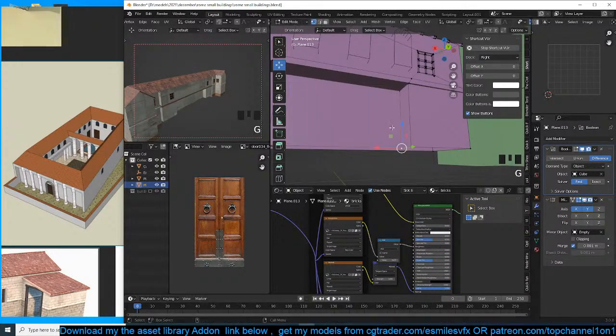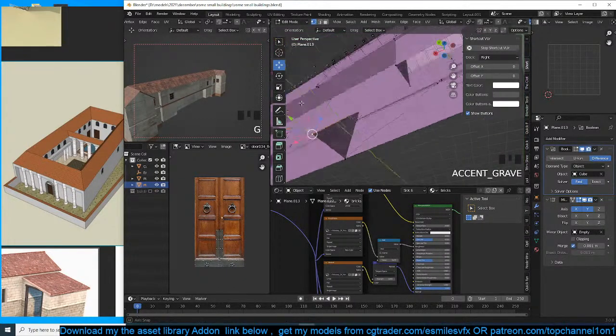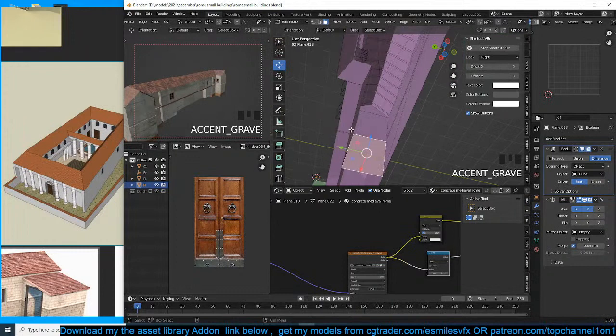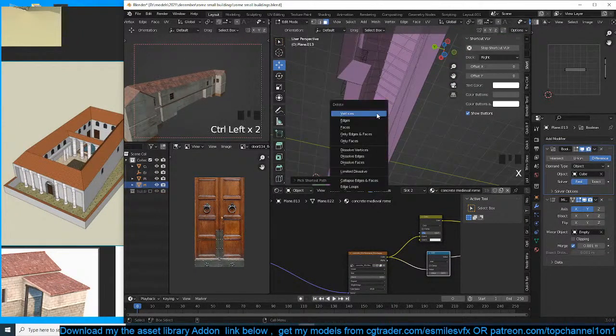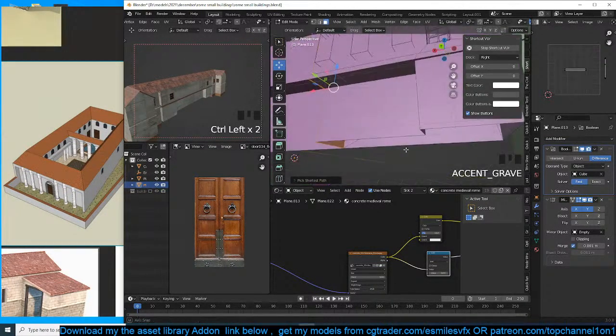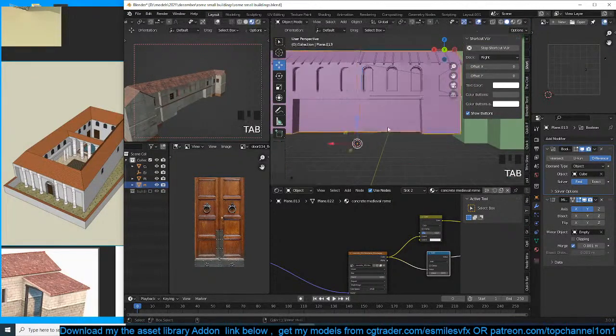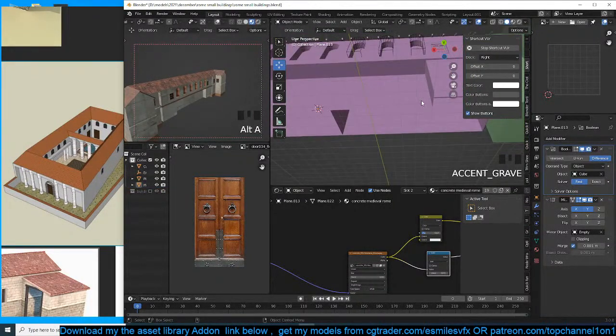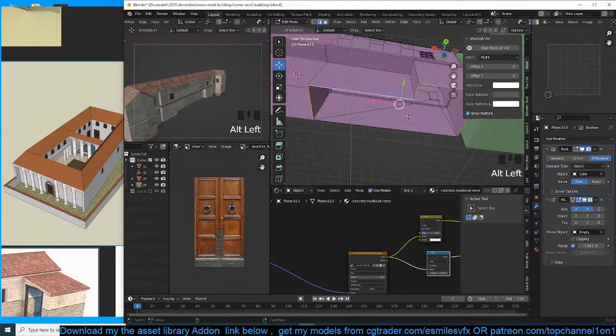Seems to have doubles in different areas. Okay, something like that, and then we can just